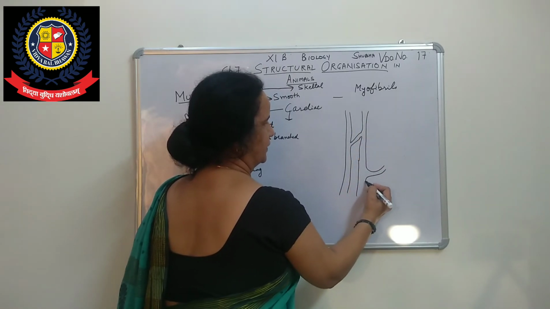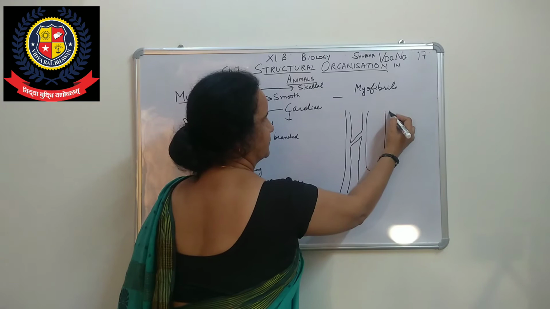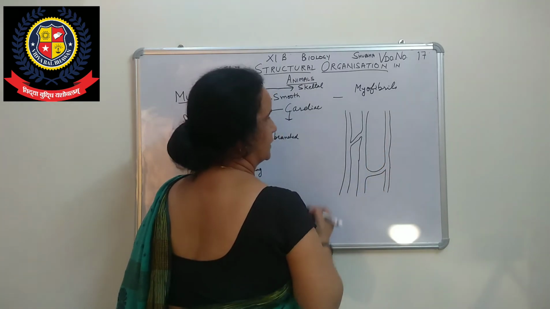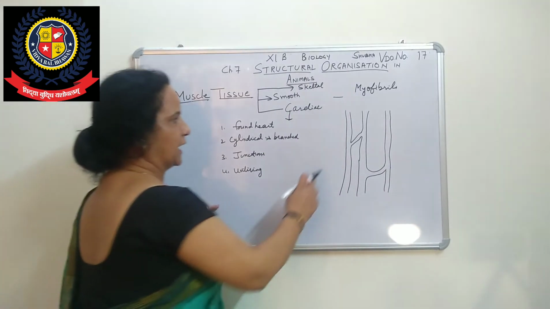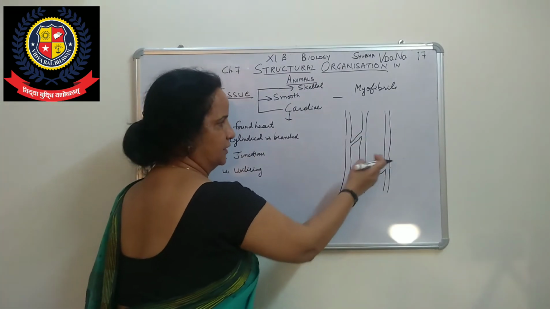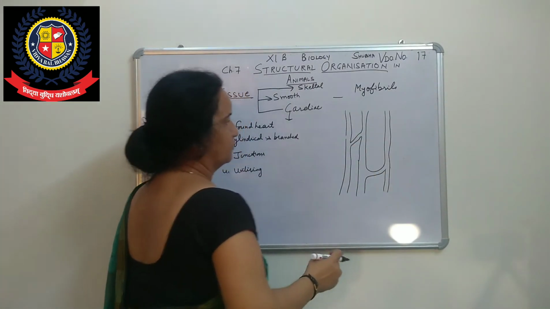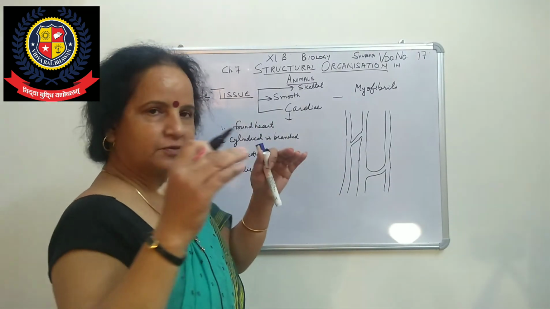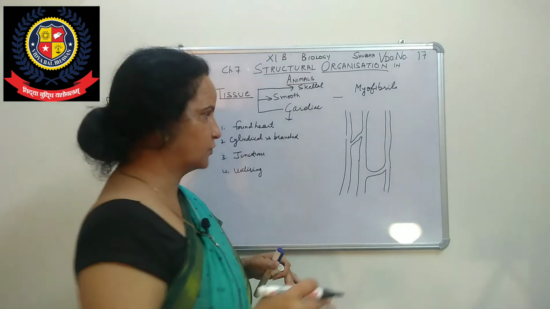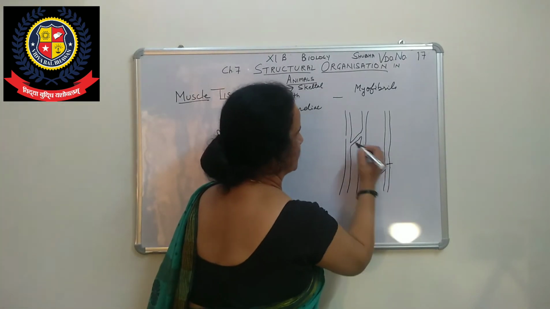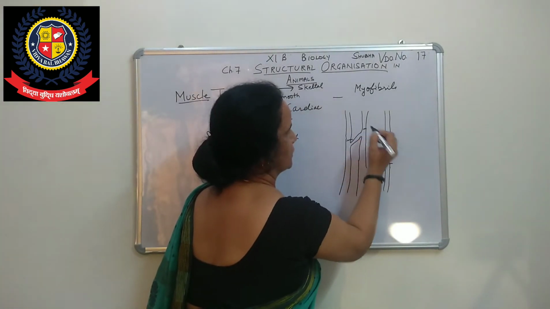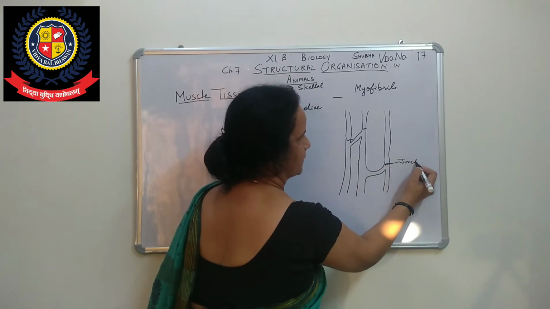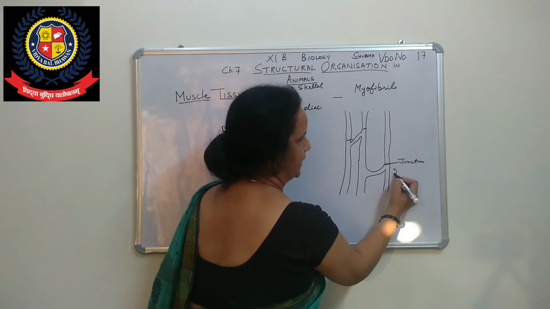Another one will be with this other fiber, right? Here also a branch comes out from this. Now, when two branches, two fibers, are fused, that point of attachment and contact is called a junction. Here, that junction is also called the intercalated